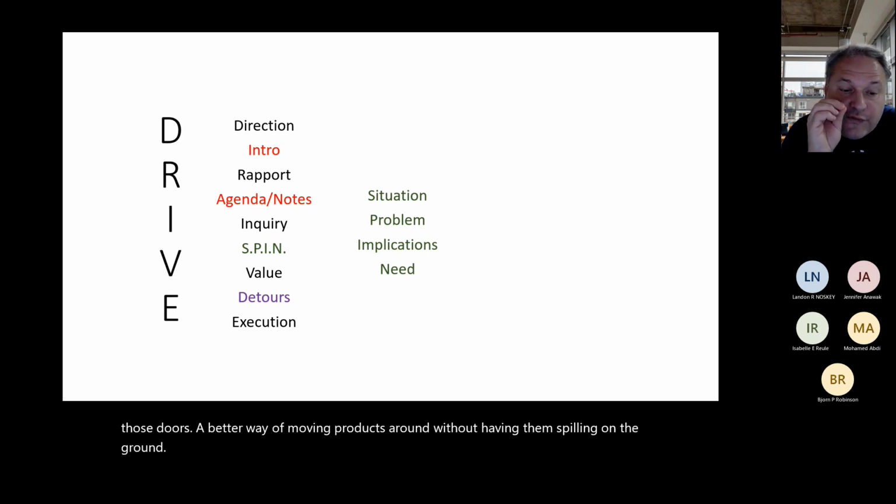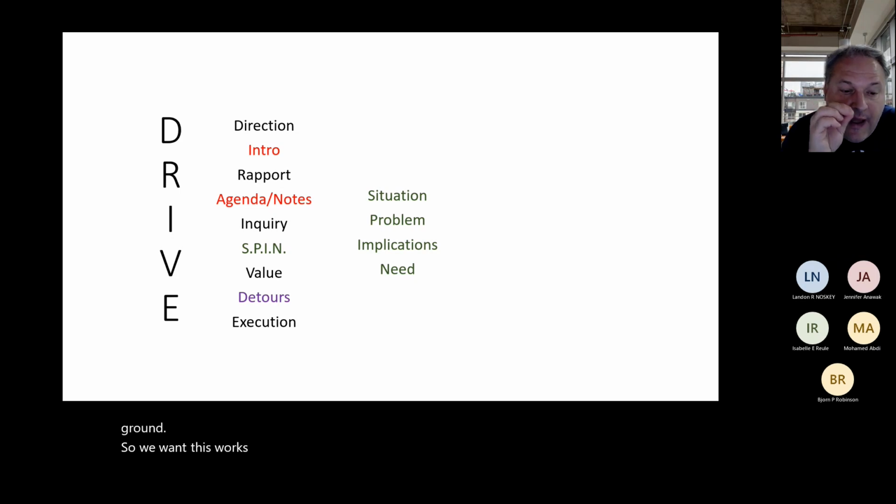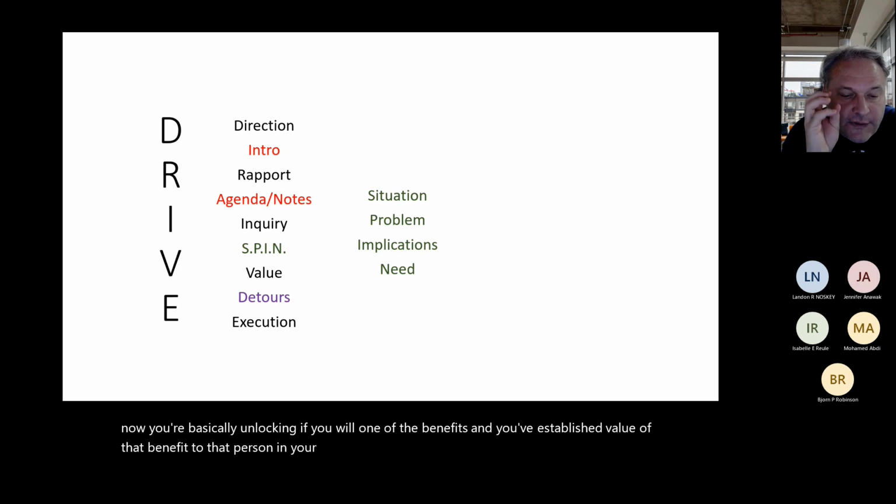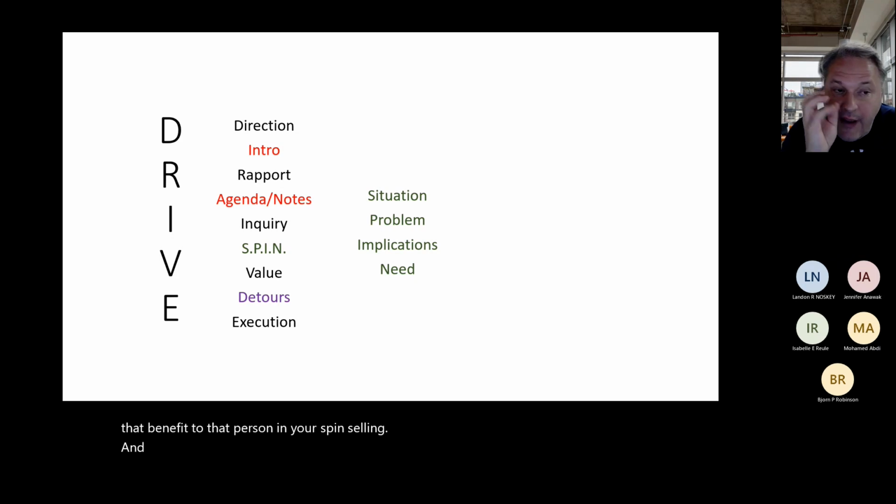So this is where it's so important to have the features and benefits in mind, because now you're basically unlocking, if you will, one of the benefits, and you've established value of that benefit to that person in your spin selling. And so, if they agree with you at this point and they say, yeah, for sure, I could use